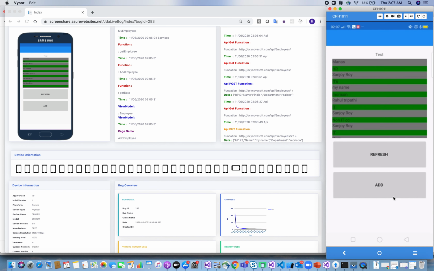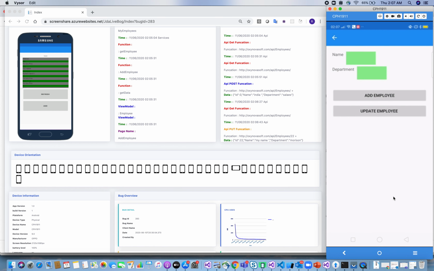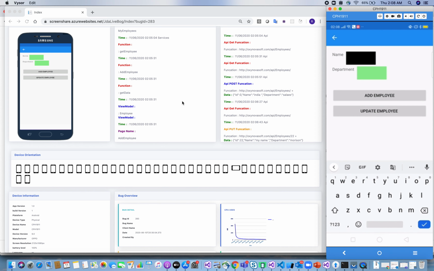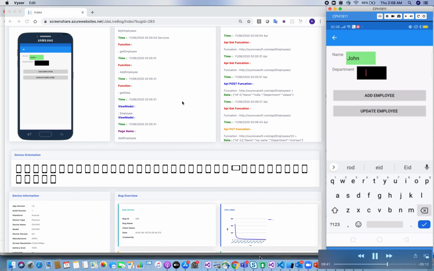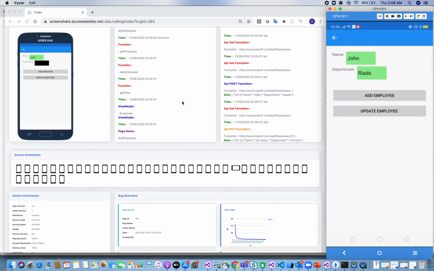I come back to my application as it is loading here. Again I'm getting the same employee information here. This provides me the complete information of my application. It is very easy for me to track my employees, their rotations, and their information from my end. As you are seeing on the screen, whatever I'm doing on the mobile, on the left-hand side, I can see at the same time what the user is doing in real time.